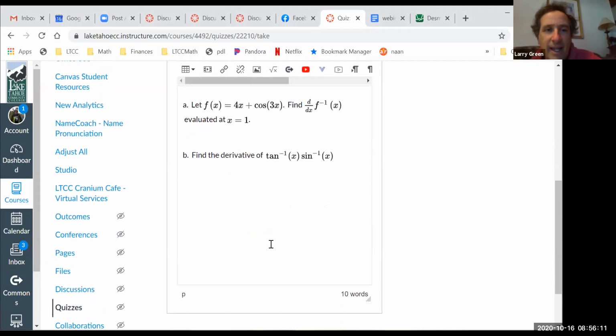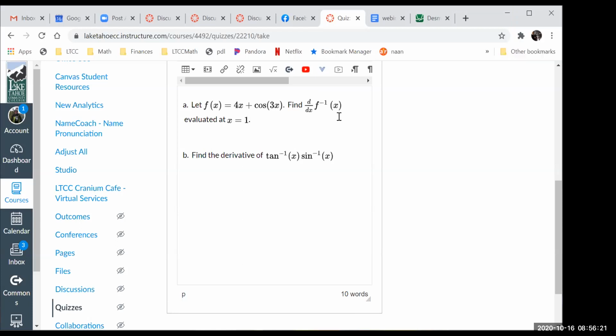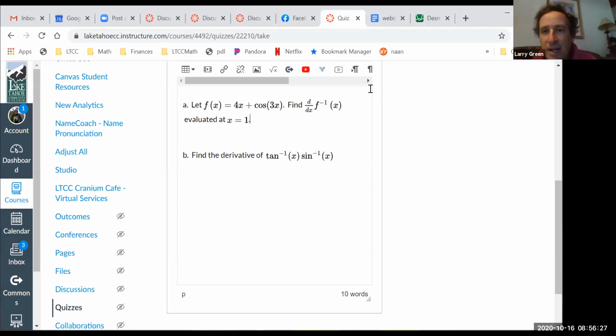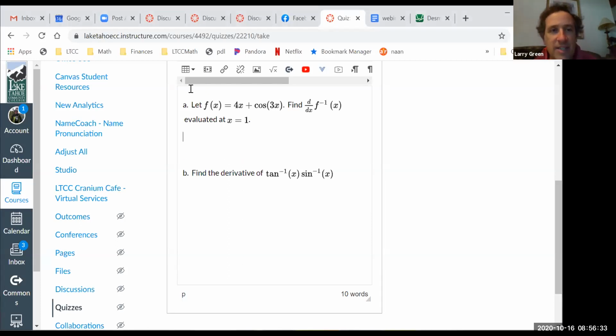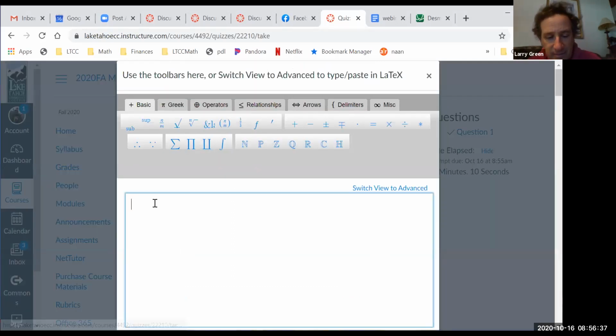We have part A, and that is let f of x equal 4x plus cosine of 3x. Find the derivative of the inverse function of x, evaluated at x equal 1. So this is pretty much a step-by-step process because we have a formula. Let me remind you of the formula, because without that, you have no chance. So don't forget that the derivative